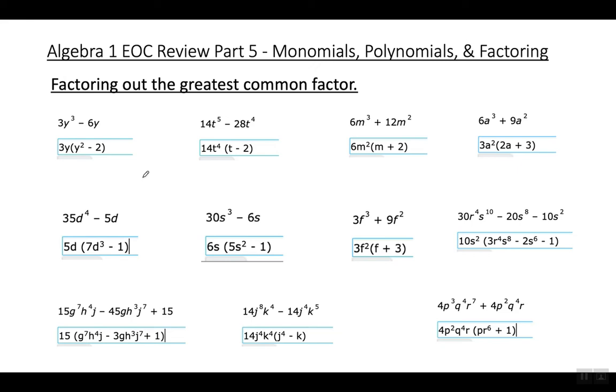The distributive property backwards. If you look at my answer, if I were to do the distributive property, I would get the question in this case. So what I'm doing in each one of these is factoring out the greatest common factor of the numbers and of the variables. This is very important because we're going to use it in this lesson